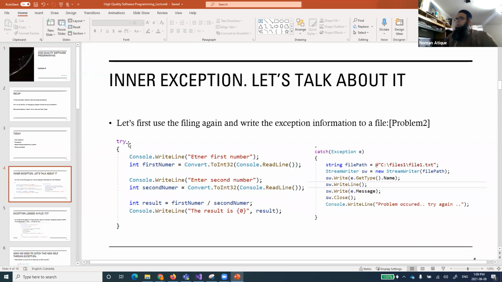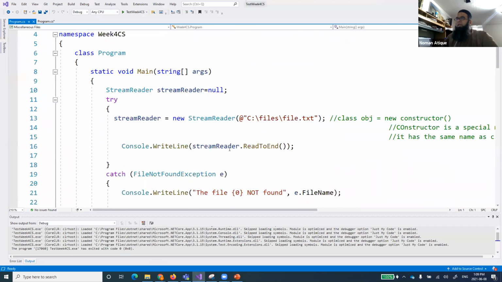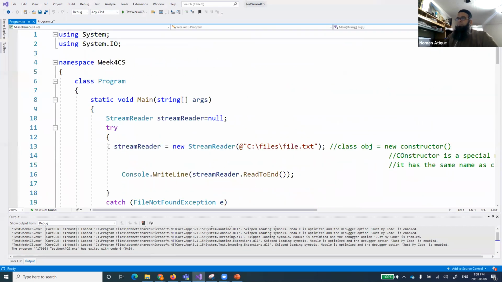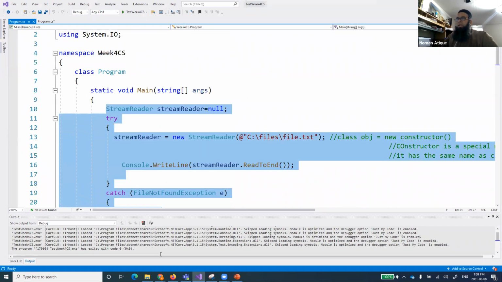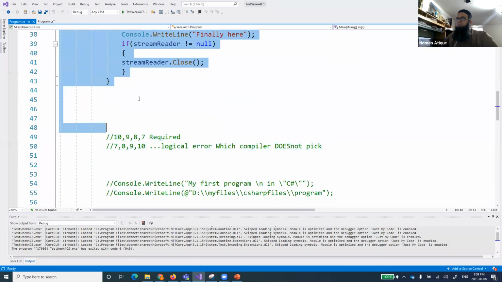No big deal. What we have done is that we have placed this inside a try block. And in the catch block, this is something interesting, which we did not do before. In this catch block, we are defining a string file path and defining a path over here, again, by using verbatim literal. So let's implement that rather than talking about it. Let's implement that. I'll comment it out and we will write the code from the beginning.